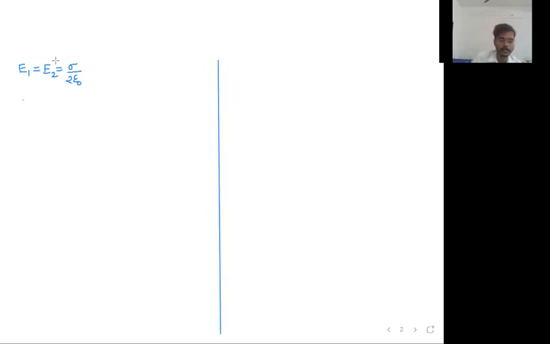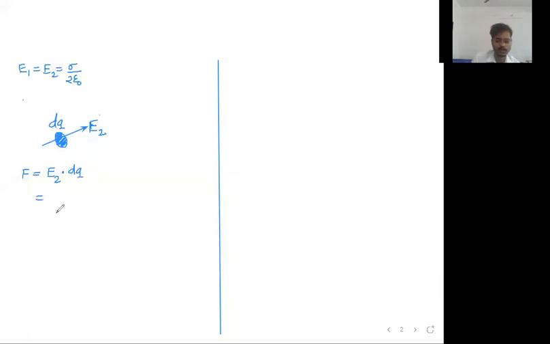What I want to ultimately say is this: I have one electric field whose value is E2, that is the electric field because of the remaining conductor, and in that electric field I have a conductor on which some very small charge dq is present. Now, what is the force acting on this conductor? Force is electric field into the charge, F is equal to EQ. This conductor is placed in the electric field of the remaining conductor. E2 is the electric field of the remaining conductor. So E2 multiplied by dq should be the answer.